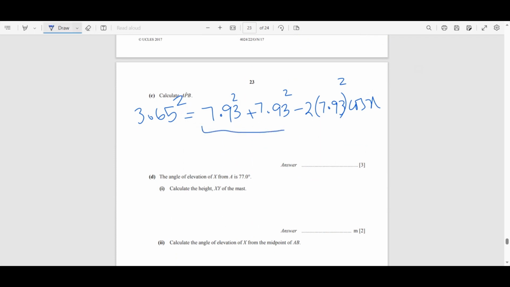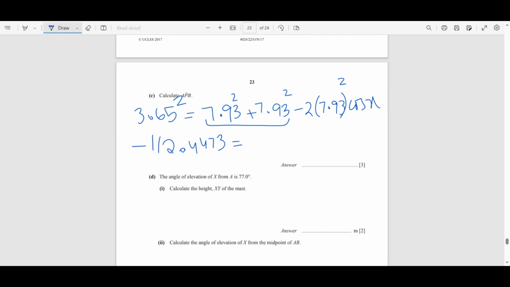Most of the people solve this first and then apply it with cos. So it's really wrong. You have to really look into Bodmer's thing. So 3.65 whole squared minus 7.93 squared minus 7.93 squared. I just moved these two things on the other side. So this is this